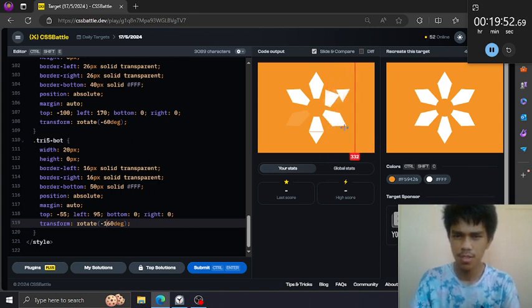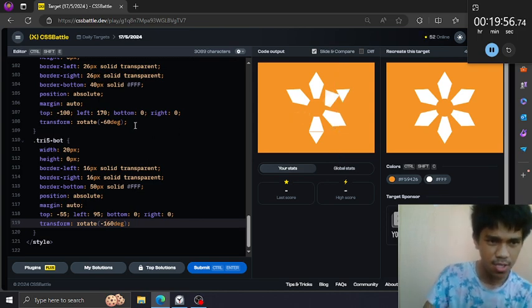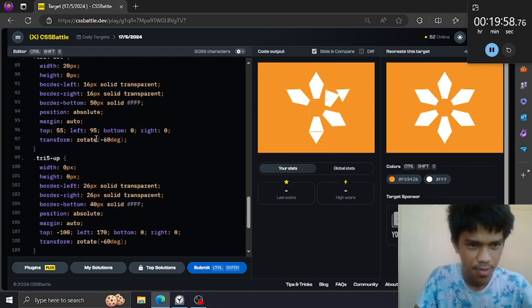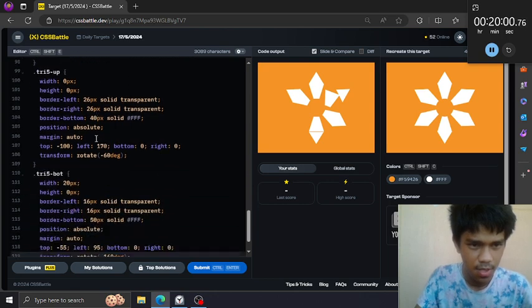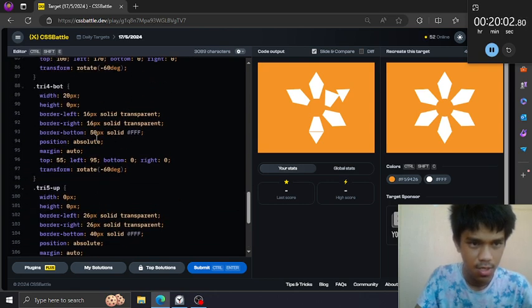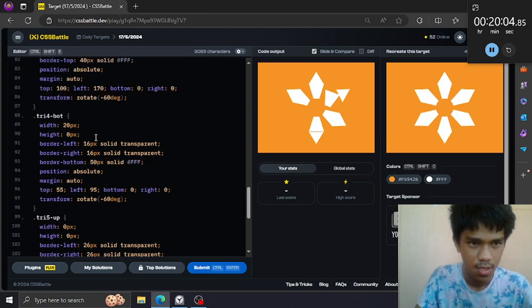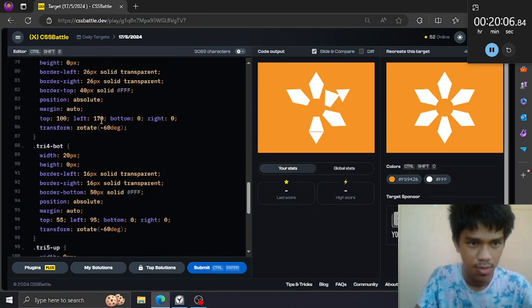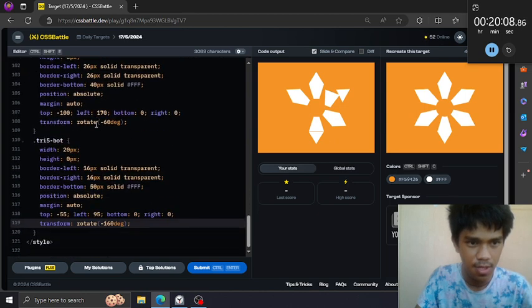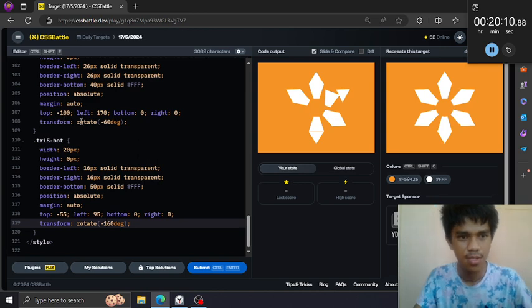Let's just angle them. The horizontal, the vertical position must be like this one, 170 and 100. We follow the thing here.